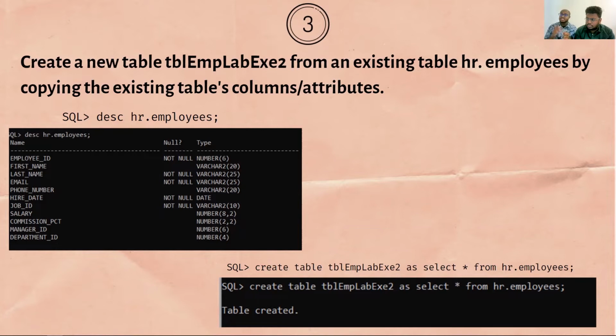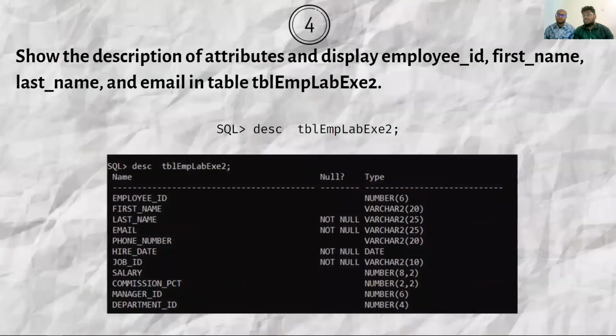So we are selecting hr.employees. So we would just copy, and it's stating that the table has been created. So now over to you, Kishan. The next part is to show the description of attributes and display employee ID, first name, last